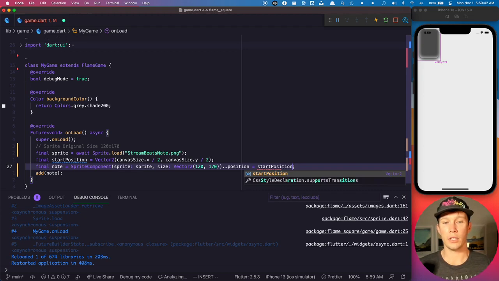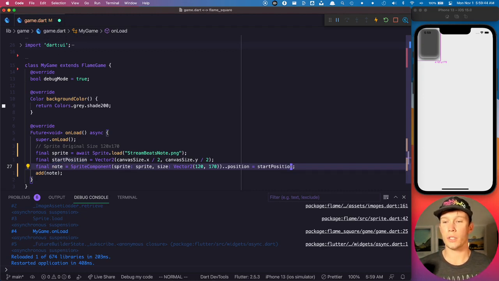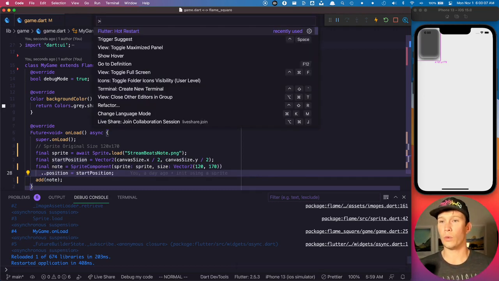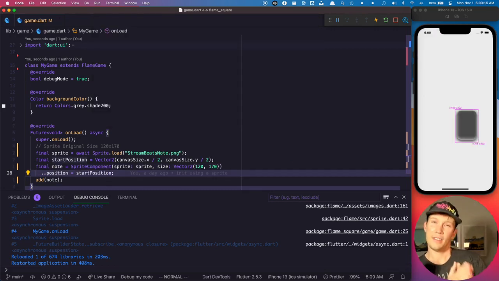So if I change the start position to start position, oh yeah, the double dot notation, for those who don't know about it, it is called on an object and then it returns that object. So it's a good way to initialize an object and then modify a property, and then it just returns back to the variable. So if we restart it, that doesn't look like it's in the center of the screen,